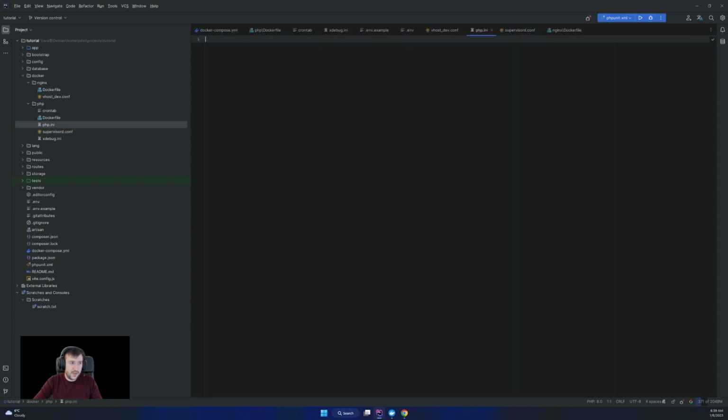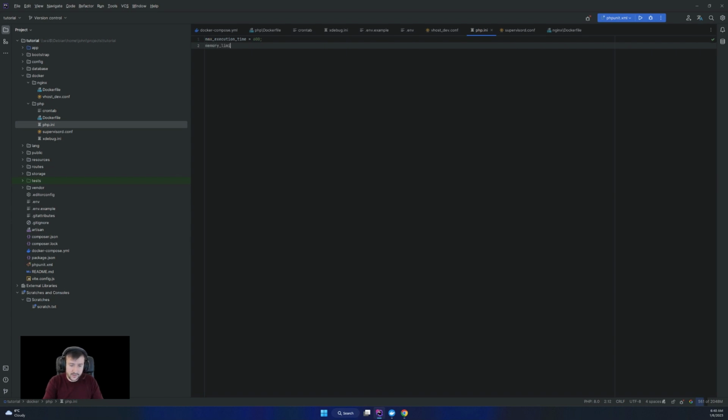And in the PHP ini, we can add some things in here. So we can do max execution time, maybe 600 seconds, and maybe a memory limit.